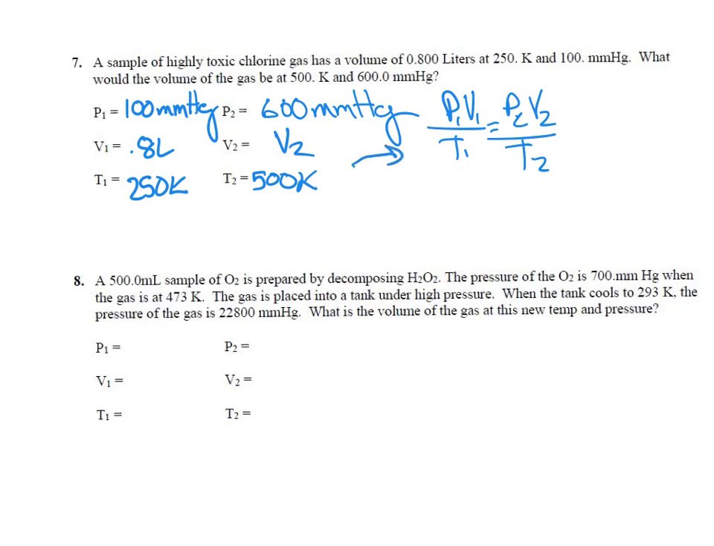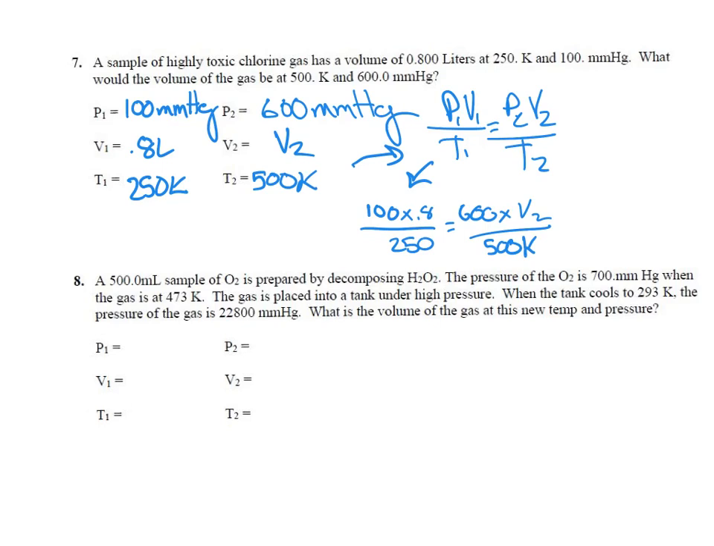I'm going to work down just because I write big. 100 times 0.8 divided by 250 equals 600 times V2 over 500. Okay. Now, as I'm doing this, I already don't like the fact that I didn't put my units, but normally you would go ahead and put your units in there. This one, we can solve a different way. So